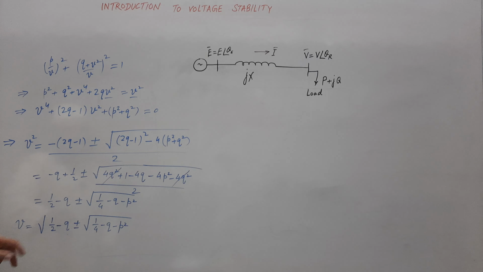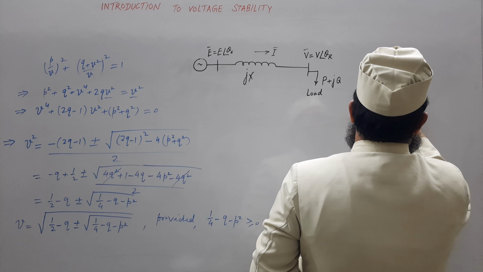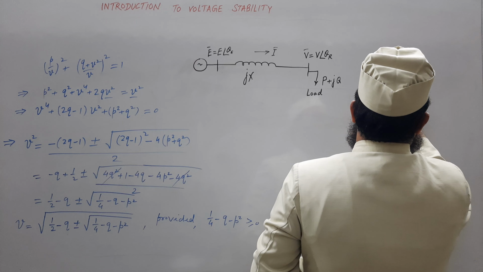Let us assume constant power factor load. What does it mean? Constant power factor load means Q may be written as some constant times P. Fine. That is, this constant K will be the ratio of Q by P. What about this ratio? Per unit value of Q upon per unit value of P. So Q by P, if you remember, what was that?